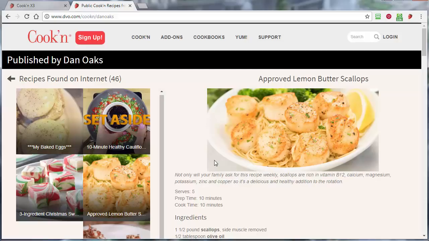So I said to them, when you pin stuff on Pinterest, is that working pretty good for you? And at first they were like, yeah, it works pretty good. It's easy. And then this girl says, the only problem is when I'm in the kitchen and I'm cooking and I'm looking at my recipe on Pinterest, when my phone goes to sleep, then I got to wake it up. And then I got to start over navigating back down and find it, and my hands are all gunky, and I just need to know how long this needs to